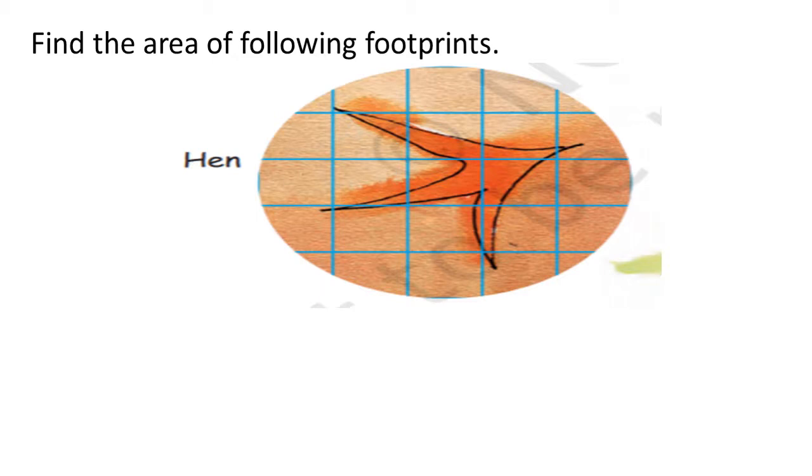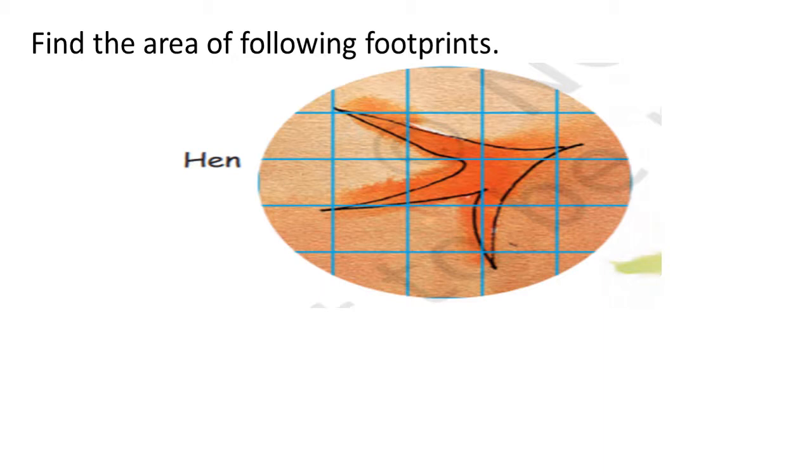So such irregular figures, remember, children, such irregular figures have areas, and we have to find out the area, but those areas will be approximate. What is approximate? Approximate means not exactly correct or accurate. Okay, it will be around that particular answer. So it means that whatever answer we get here after finding out the area, it will be an approximate answer, not the exact answer. Okay, so let us find out the area of this